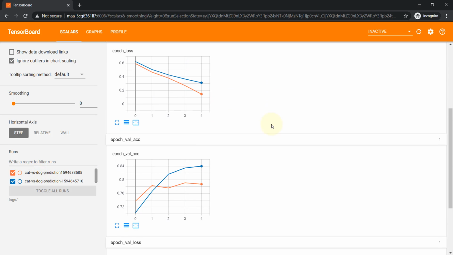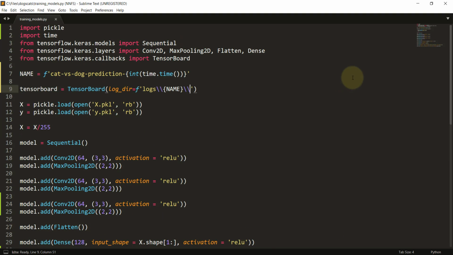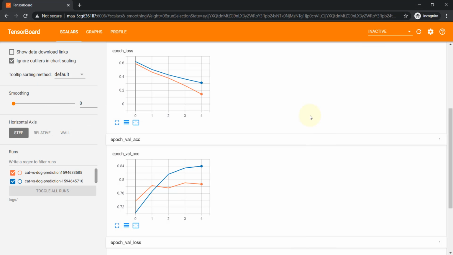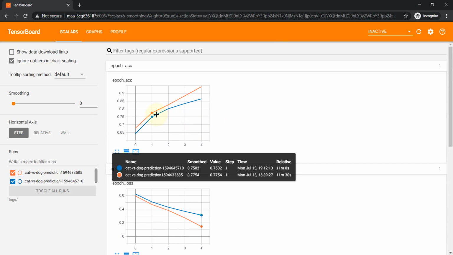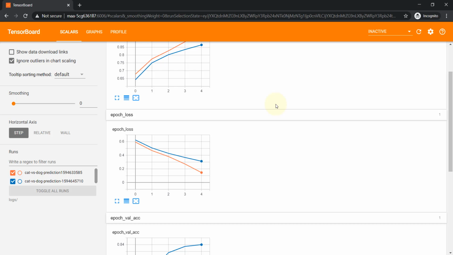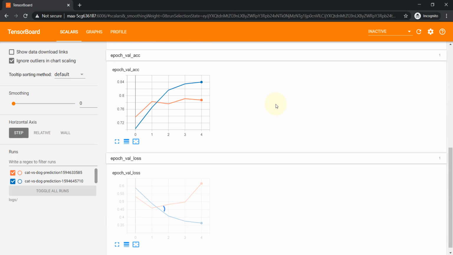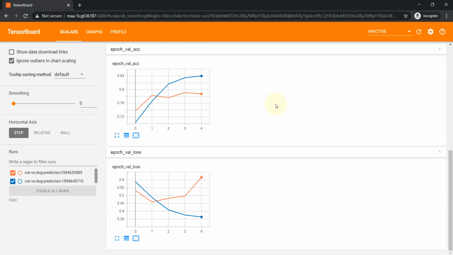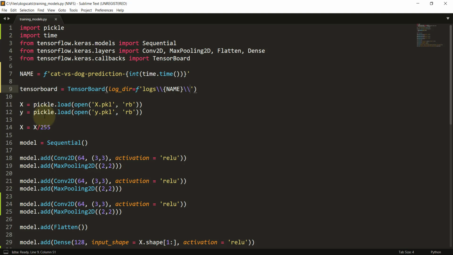So what I would tell you guys is to try the same thing that I have just shown you: train many models using TensorBoard, visualize all these models here, and come up with a good model. A good model, I mean, should perform well in both the training as well as the validation. So both the validation accuracy and the training accuracy should be high, and both the training loss and the validation loss should be low. So come up with a model like that, and play around with all this code here.